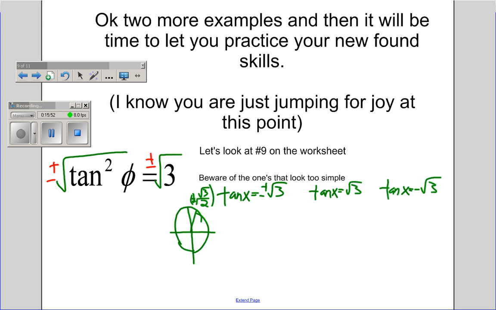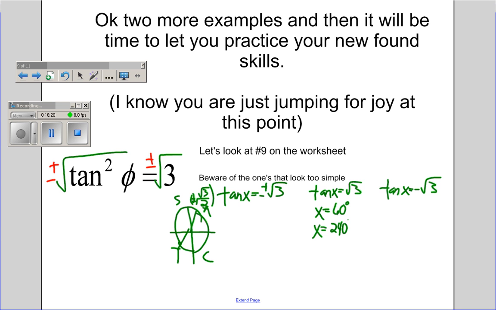So if I put y over x, that ends up being square root of 3. So I know that x is going to be 60 degrees. Now, where else is it positive? Well, it's positive down here, right? Because of this all students take calculus idea, right? I've got to have a reference angle of 60 degrees in the third quadrant. Okay, so that's going to be x equals